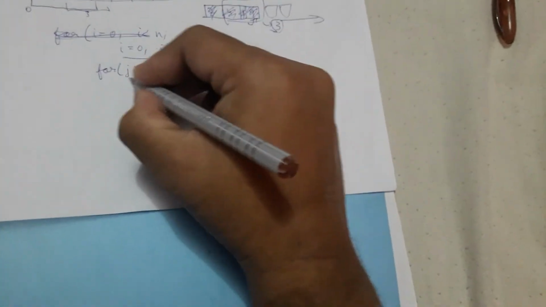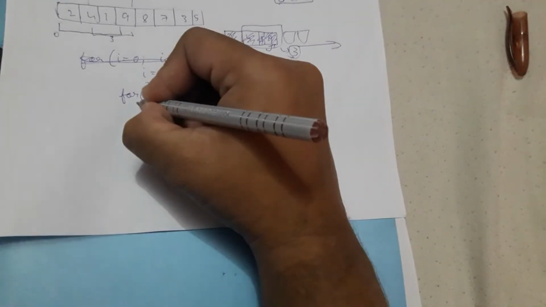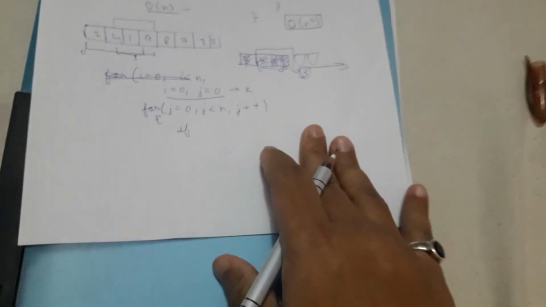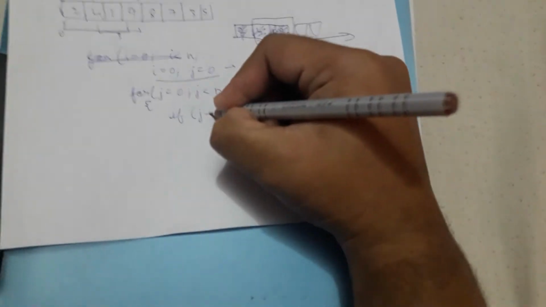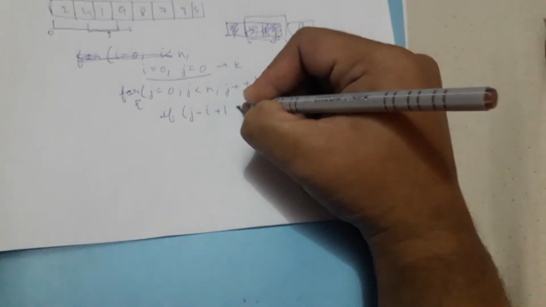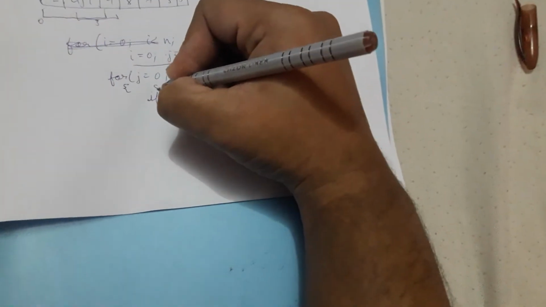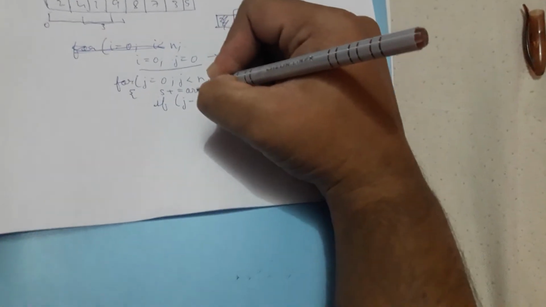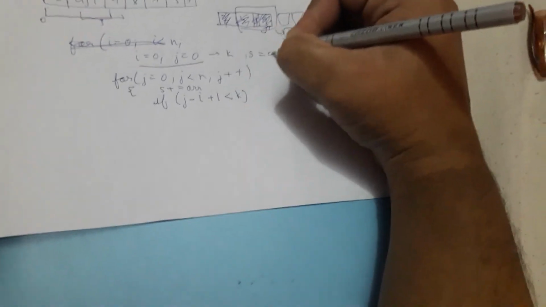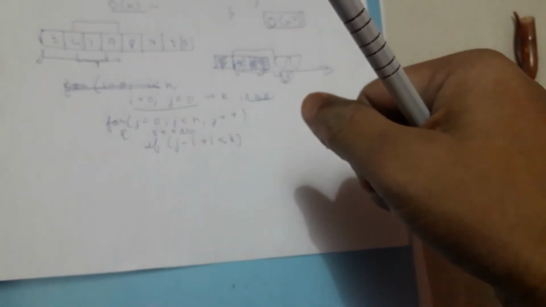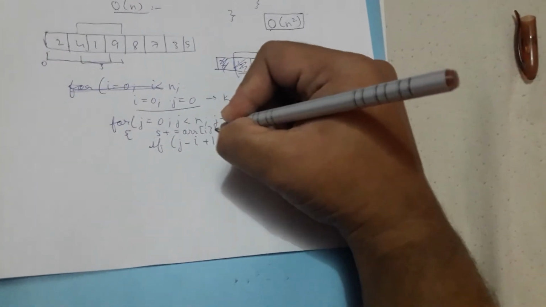Similar to what I did in the naive approach, I'm taking the outer loop from j equal to 0, iterating to n. Then here I'm checking the condition if j minus i plus 1 is less than k. So what does this condition mean? Okay, first we'll add the elements. s plus equal to, we'll maintain a variable s also, initialized to 0. This is just to store the sum of the elements, because our original problem was to find the maximum sum of all possible subarrays. So we'll find the sum of the array elements.